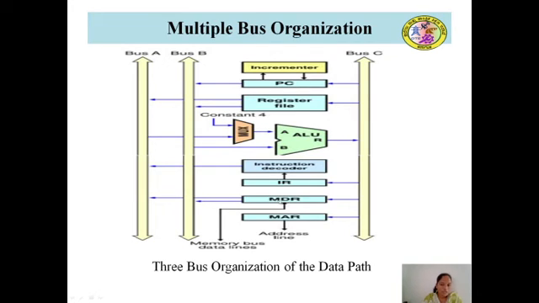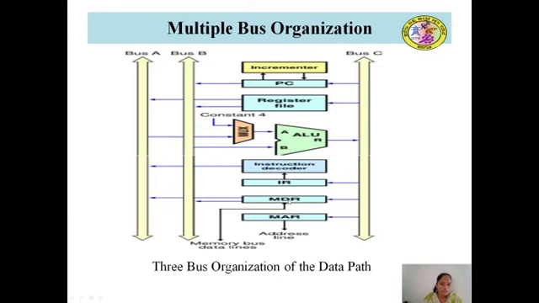Now from this MDR, we need to transfer the content to the instruction register. But here the output of MDR has been connected to bus B and bus A, while the content to the instruction register can be transferred from bus C. So now we need to transfer the content from MDR to the instruction register using this ALU. That is, the content of MDR will be transferred to any one of these two buses. We have to specify which bus has been selected. Suppose we select bus B.